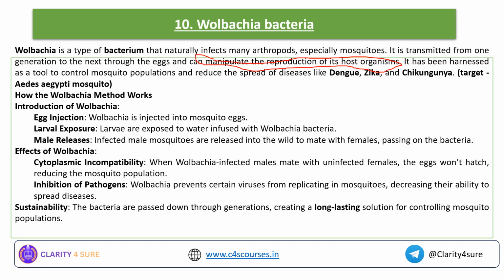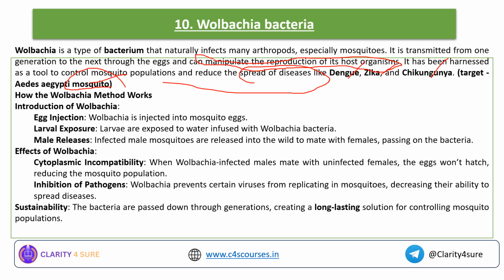Okay, how can this be harnessed? This can be harnessed as a tool to control the mosquito population and reduce the spread of diseases like dengue, Zika, chikungunya. The target of this particular Wolbachia bacteria is the Aedes aegypti mosquito, which causes dengue, Zika, and chikungunya. Okay, how does this work? See,